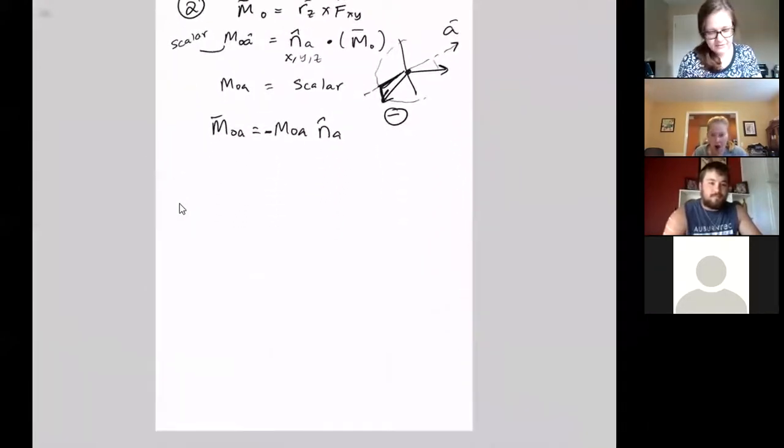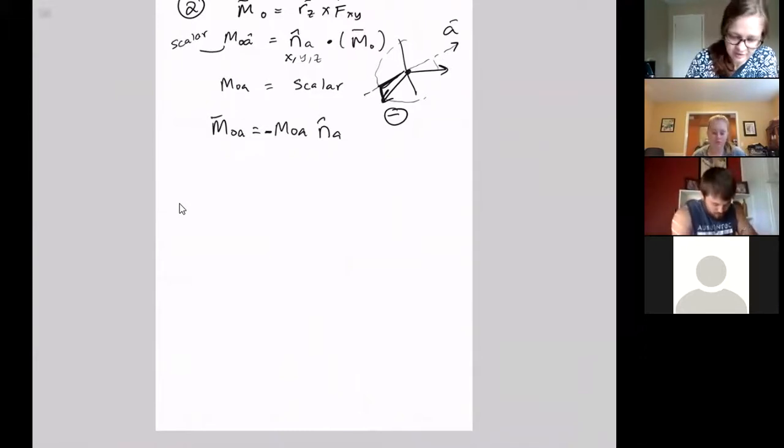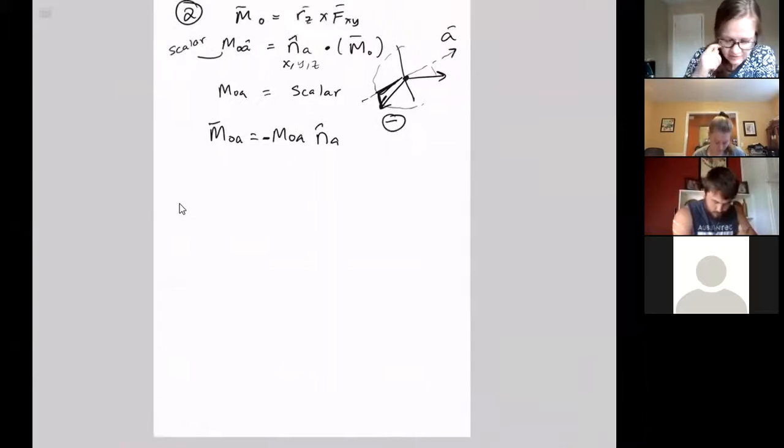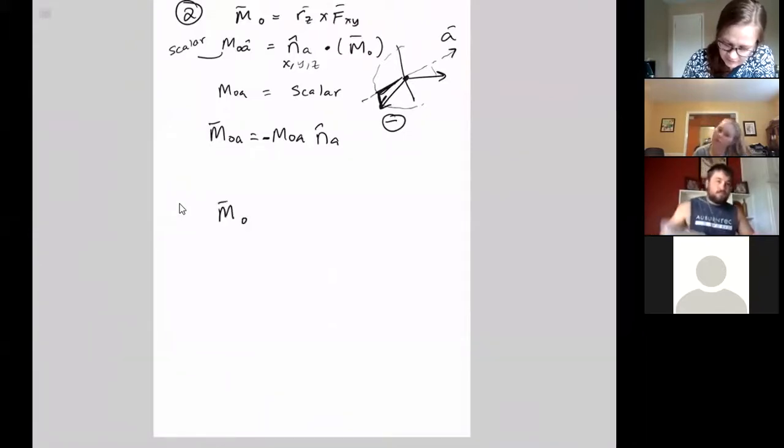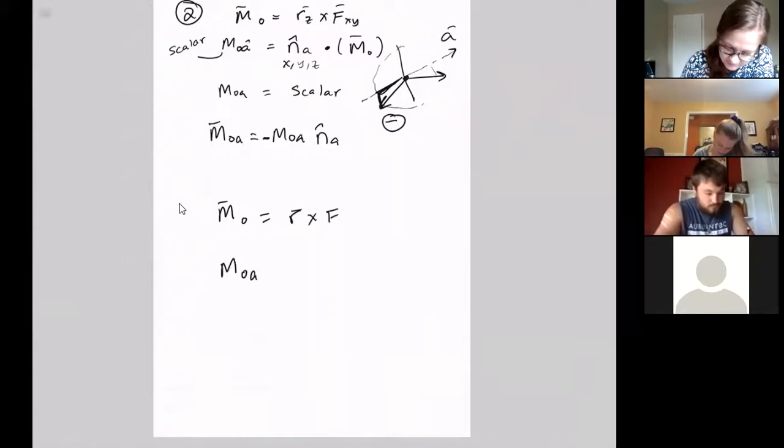So we get a lot of equations now because we just did a lot of different steps, and each step individually makes sense, but you have to track where you're going, and you also have to know where to go when you start. So let's go back to the very beginning. Looking for the moment around O, that is R cross F. Then we look for the scalar or magnitude